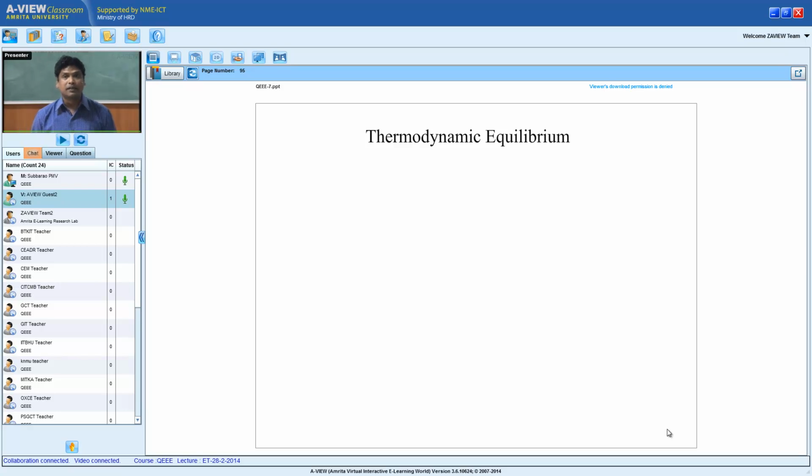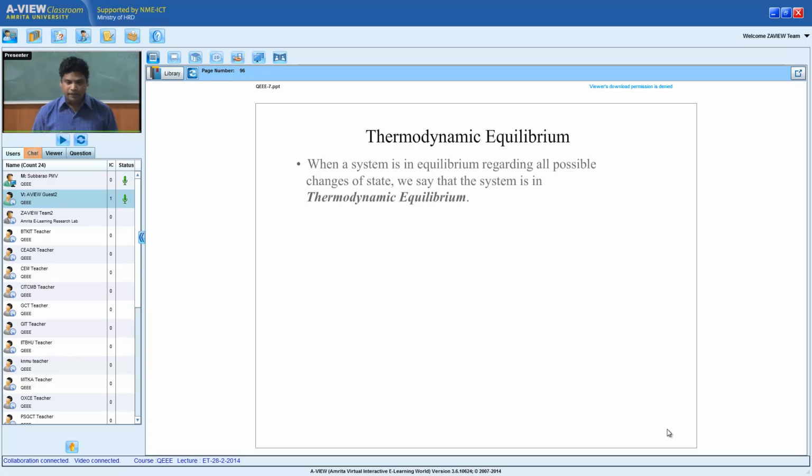It has to do many things. You need to be very careful. Thermodynamic and thermal. People unnecessarily make a mistake when they state the zeroth law, thermodynamic equilibrium. The zeroth law cannot talk about thermodynamic equilibrium because it requires many equilibria in general. So finally, after knowing these equilibria, when a system is in equilibrium, regarding all possible events, it could be,